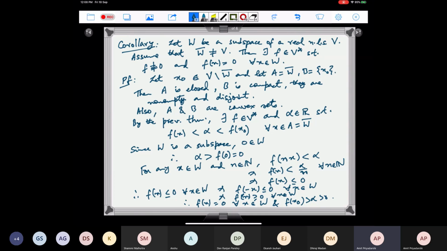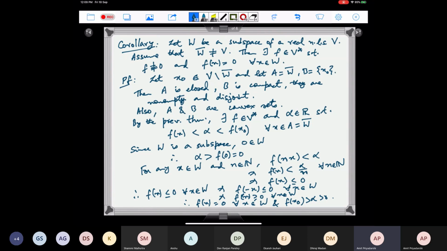Okay, one more thing, Dheeraj, you were asking about the proof of the Hahn-Banach theorem using extension of a basis, right? But I realized that mistake, so that will not work. In the theorem we require that the norm should be the same. So if you have any G on W, we want to extend it to a bounded linear functional f such that the norm of f is the same as the norm of G, right? You can look at a very simple example, even on R2.